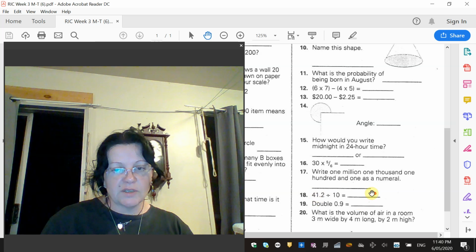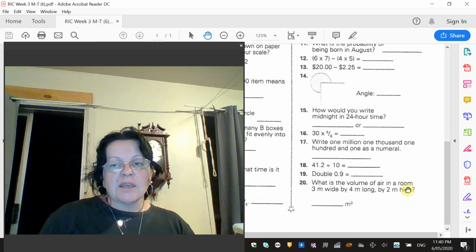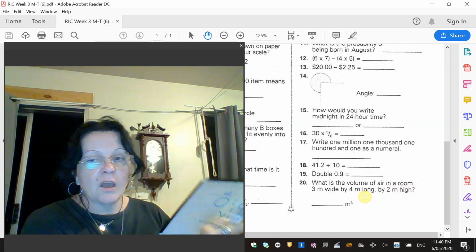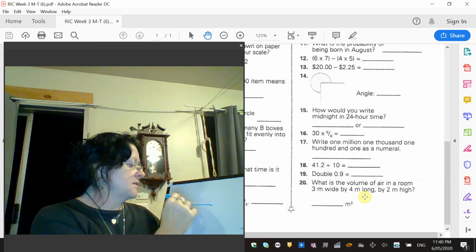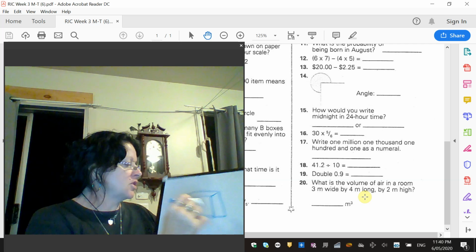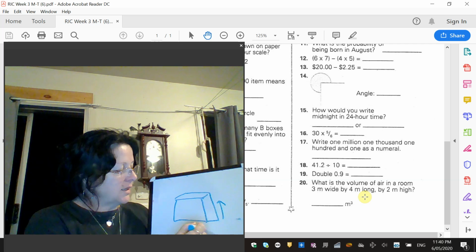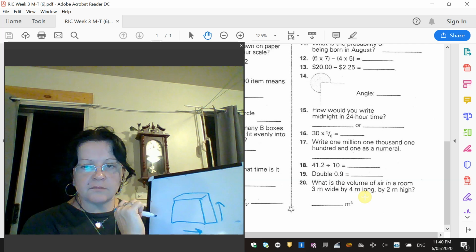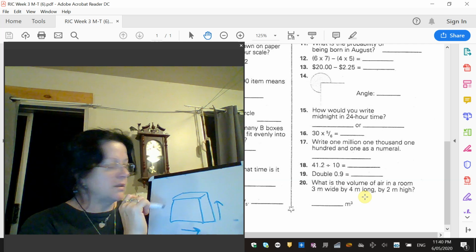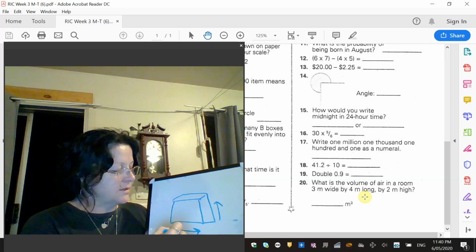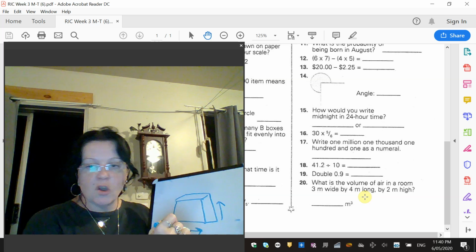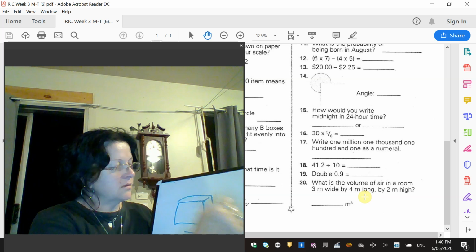We've doubled that one. What is the volume of air in a room that is 3 meters wide by 4 meters long by 2 meters high? Now, this cube sign down here means that the area we're looking at has height, it has width this way, and it has length. 3 meters wide by 4 meters long by 2 meters high. So wide it is 3 meters, high it is 2 meters, and long,